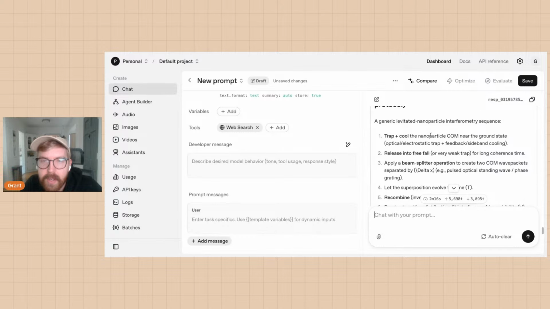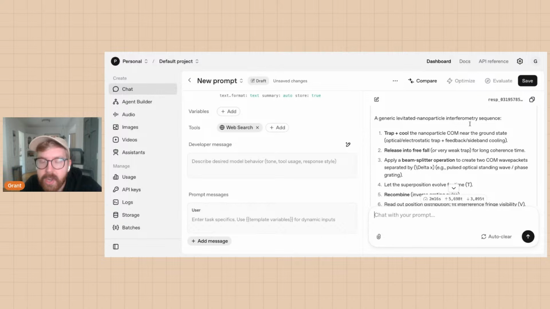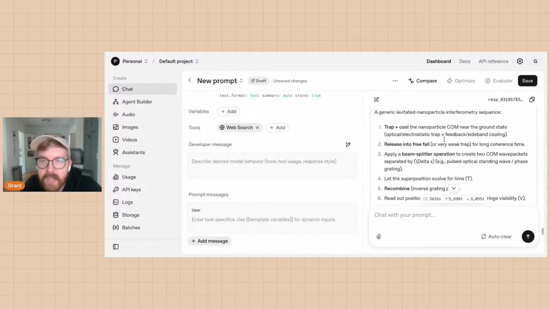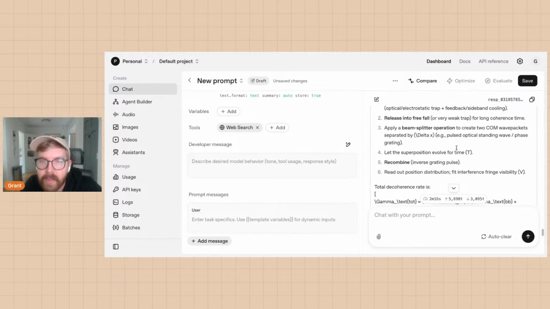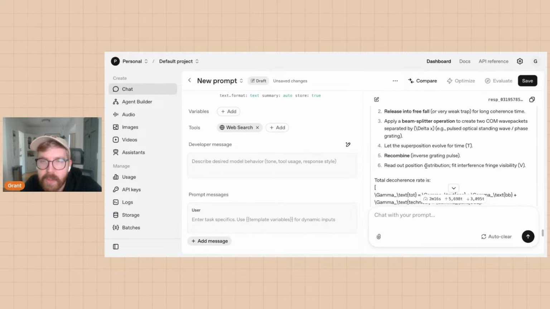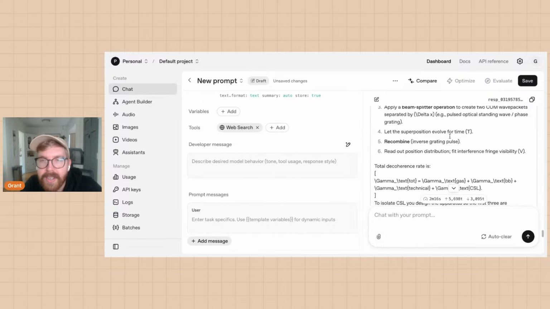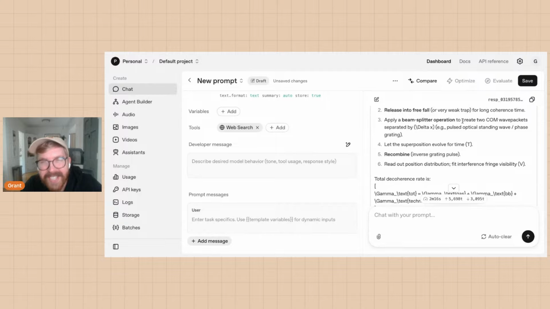Okay. Generic levitated nanoparticles. Interferometry sequence. You trap and cool the nanoparticle, then you release it into free fall, then you apply a beam splitter operation. This could be totally okay.